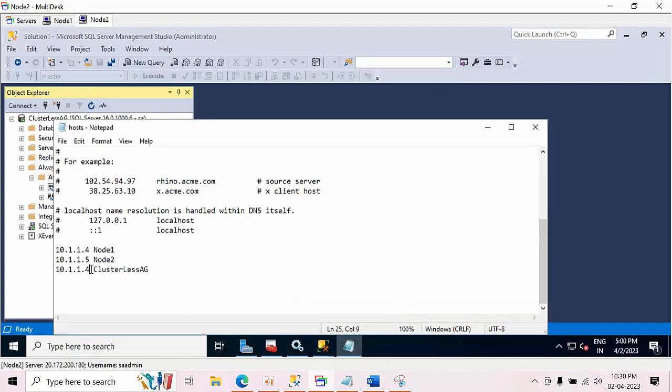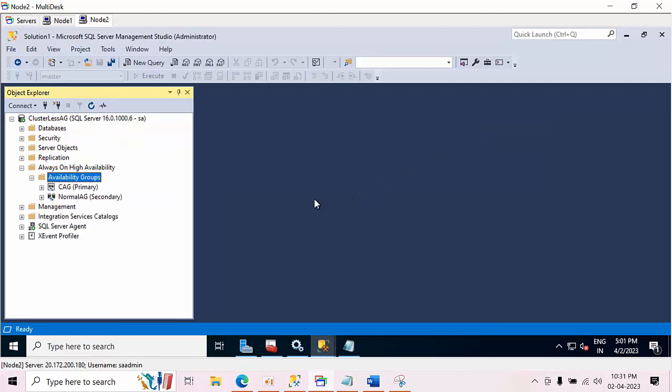Okay, but what I recommend is, it's all up to you which IP node. But what I learned from all these demos is it is always good practice to point to the primary replica. So when you are doing failover, it's quite good to remove this, and you can do the failover. If you are getting any errors, you can place it back and check it. But you better do all these experiments in your demo environment, and then you can go forward. So this is all about clusterless availability groups